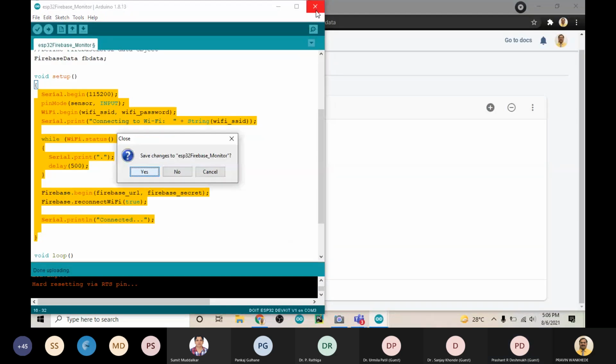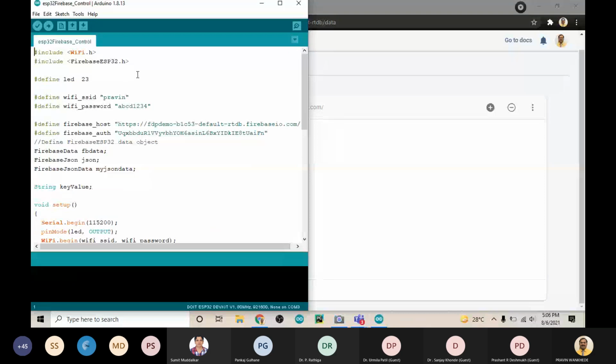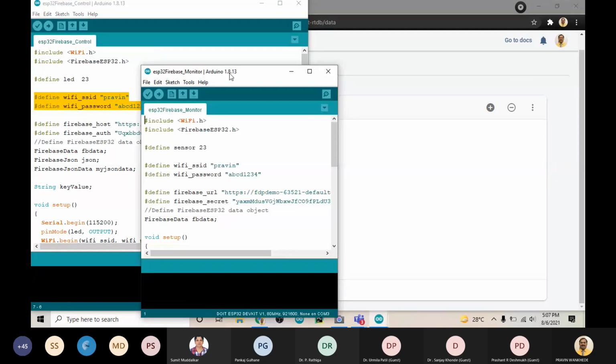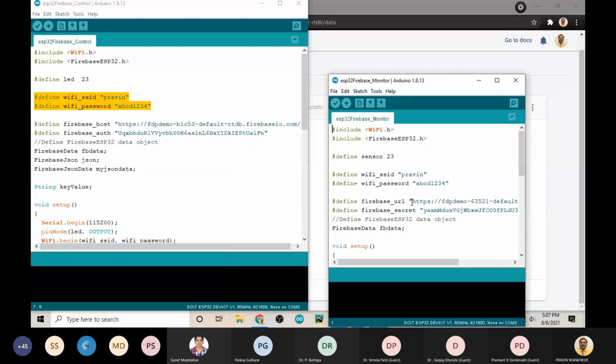Now I'm writing like this. Wi-Fi is already there, and Firebase is there. Now at pin number 23, we have connected the output device, that is an LED. The hotspot SSID and password are as they are. Now the Firebase host has to be replaced.